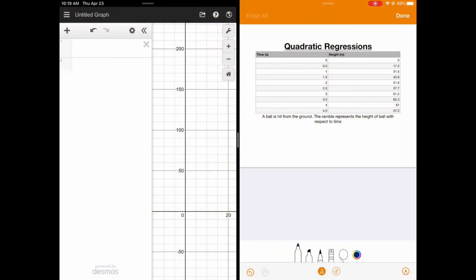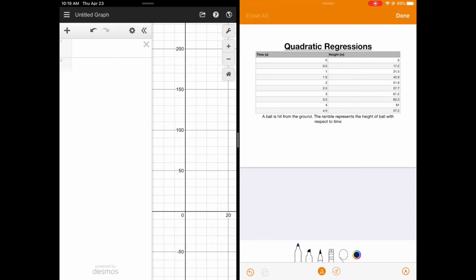In this video, we are going to take a look at what to do when we are given a quadratic regression problem. A quadratic regression problem is typically going to give you a bunch of numbers. A lot of times it'll be in a table already, and your goal is to figure out the quadratic equation that matches that table. So what you're going to do is you're going to open up Desmos, which I have